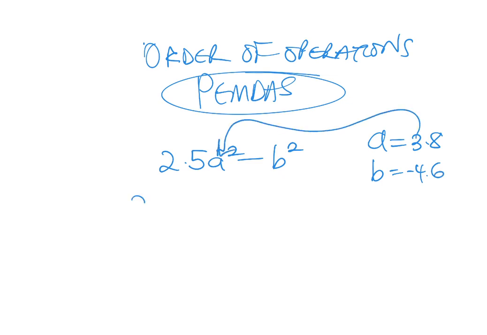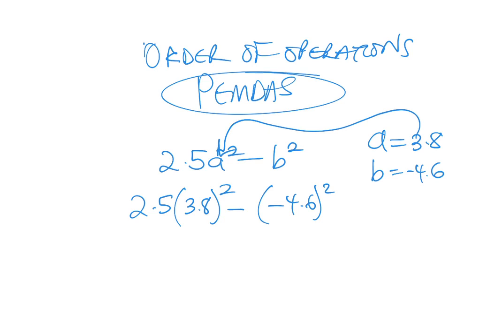So this goes in for a, so that's 2.5 times 3.8 squared minus, and then b squared would be that, negative 4.6 goes in for b. Now we go ahead and use PEMDAS. So we have to take care of the parentheses first, and then exponents. The 3.8 squared